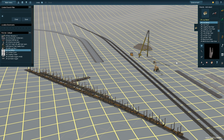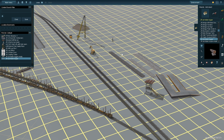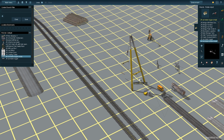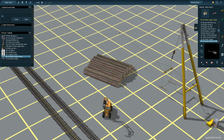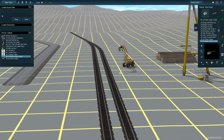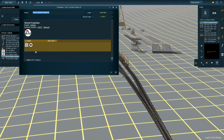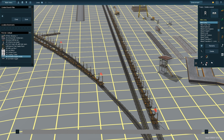As much as I love doing urban scenes and super detailed cityscapes and handmade roads and all that kind of stuff, I've been feeling kind of burned out from that, working on the Rochester division as well as working on this paper mill on the P&B. So I needed to take a break, and that led me back to the P&B onto an area